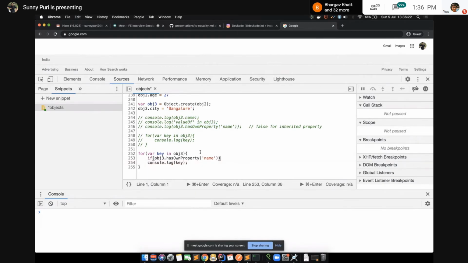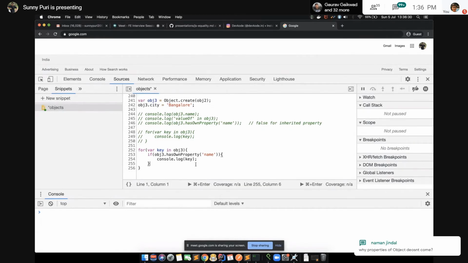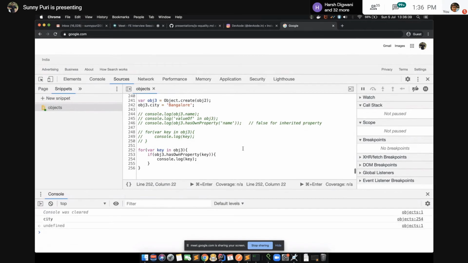You will see in most places, if you go and look at any libraries: if that key is an own property, then only print. So what will come? For-in will iterate over enumerable properties. If that property is enumerable, then it will come. And if I want to iterate only my own properties, you can do something like this.